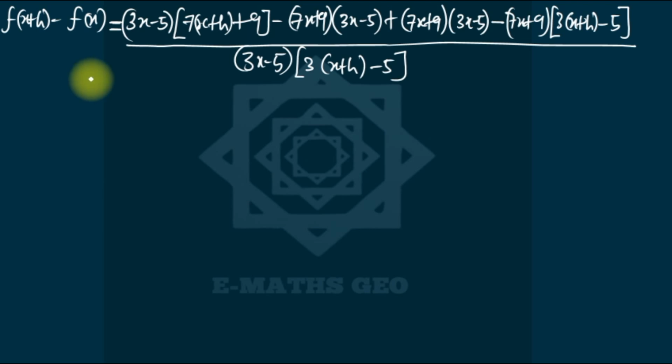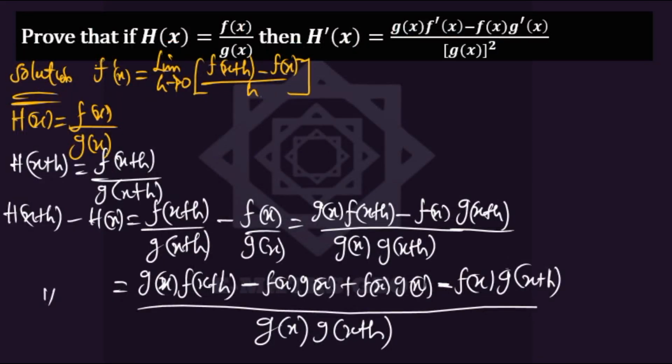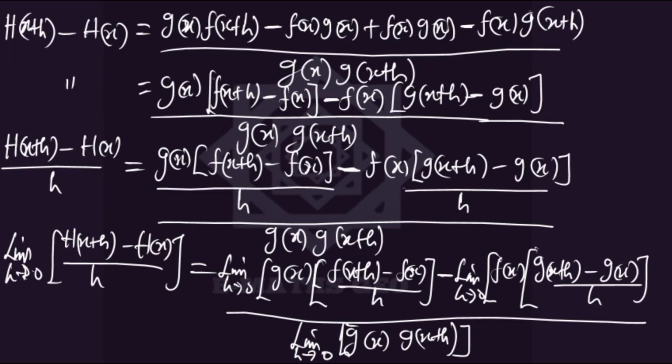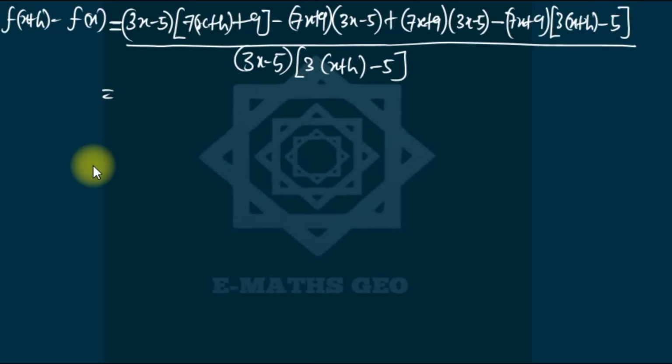Okay, the next step. If you could remember, let's go back so that we'll be referring to it to guide us. We've done to this level. So what did I do? We've added this. So we'll factor g of x and f of x. So what is common? What is common here is 3x